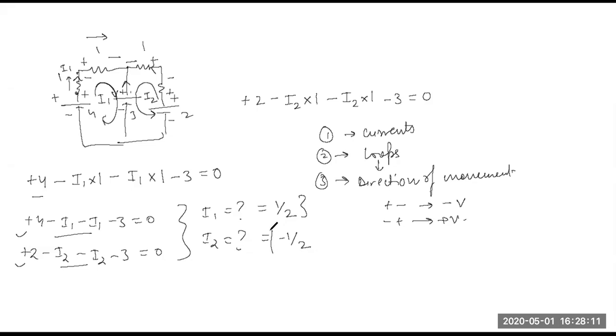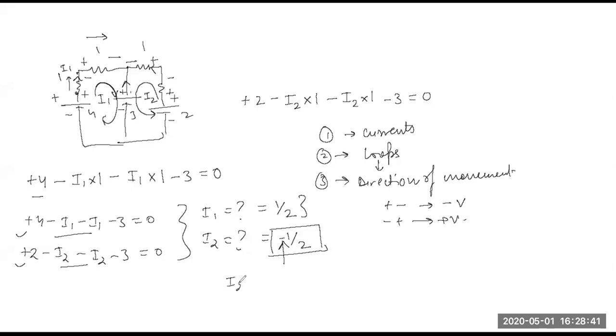But remember here, you're getting a minus sign. Can somebody tell me why there is a minus sign? Because when you applied KCL, remember when you applied KCL, direction of current was opposite. So this negative sign just tells you that whatever direction you have considered is just the reverse of actual direction.